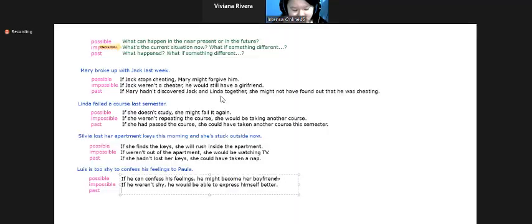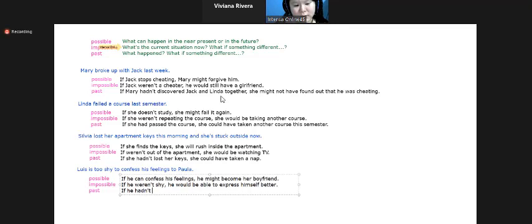If he hadn't been shy to express his feelings... Being shy is not an action, I need an action, a verb. If he hadn't been too shy to express his feelings yesterday, he could have